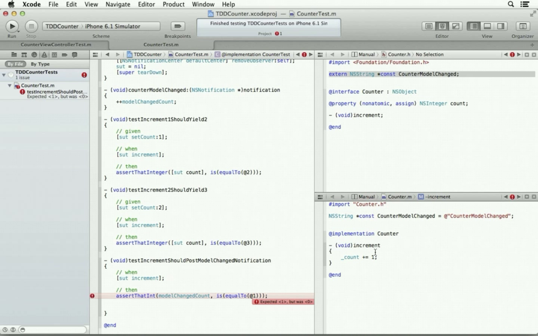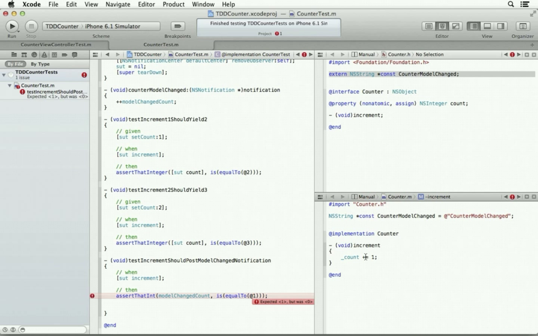It's really about the question, what is the simplest thing? What is the thing that's going to drive tests? We've already seen one of those, and that is to hard code things. By hard coding a return, or rather the count, that forces us to write more tests.